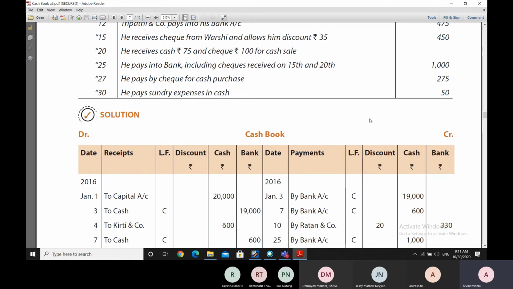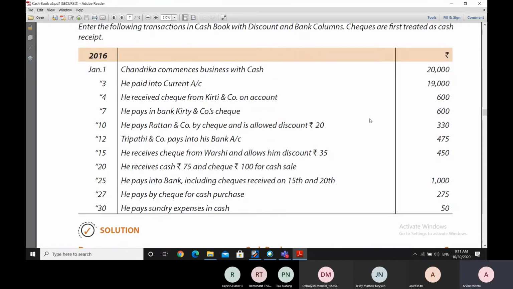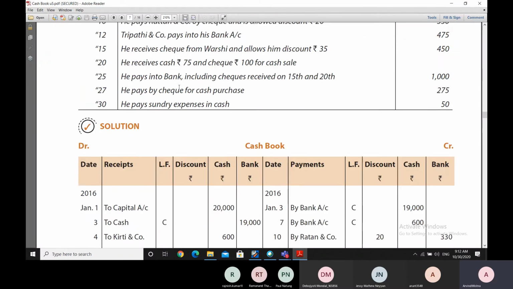Now, let us go to the next entry, which is: Chandrika paid 19,000 into the current account, because obviously when Chandrika paid cash into the office, she has to take that cash and deposit it into the bank account. So 19,000 is deposited into the current account,